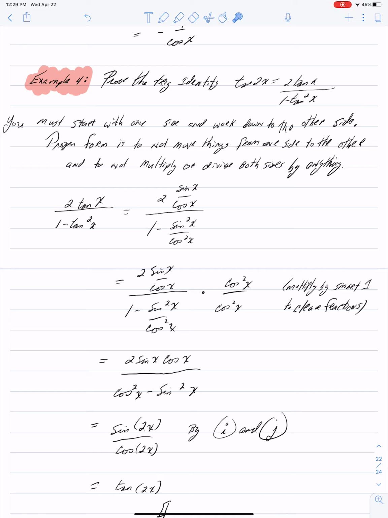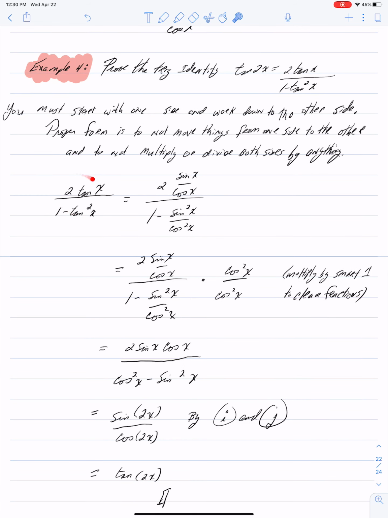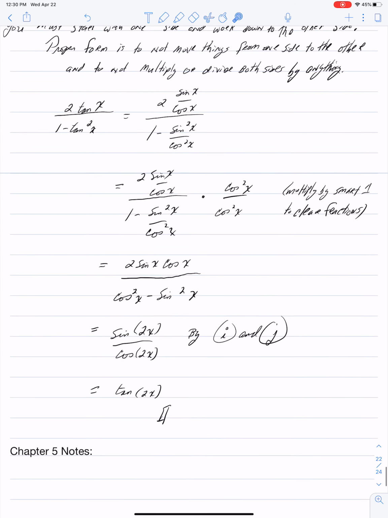So I usually start on what I call the scuzzy side, the ugly side, because my mind works, I simplify better than I mess up. All right, so let's start on this side. 2 tangent x over 1 minus tangent squared, okay? Let's write everything in terms of sines and cosines. That's 2 sine x divided by cosine x upstairs, and 1 minus sine squared x divided by cosine squared x